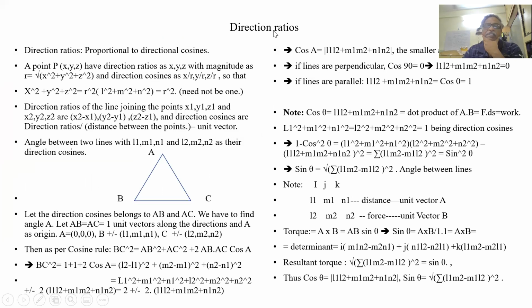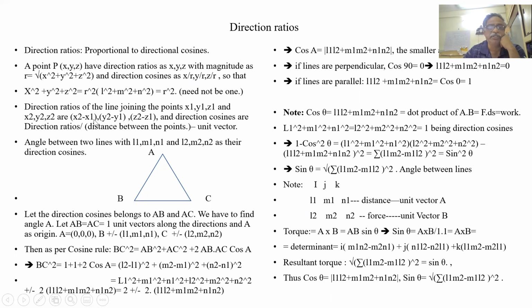Now let us understand direction ratios. We understand direction cosines; the direction ratios are nothing but lr, mr, nr, where l, m, n are the direction cosines. If P is (x, y, z), then we can say x, y, z are direction ratios, and if I divide this x, y, z by r, I get the direction cosines. So r is the absolute distance, root of x square plus y square plus z square. The difference between direction cosines and direction ratios is that direction cosines are for a unit vector, while direction ratios are as per actual length. So this is nothing but l into r, m into r, n into r.